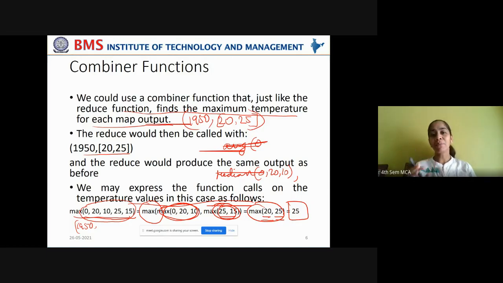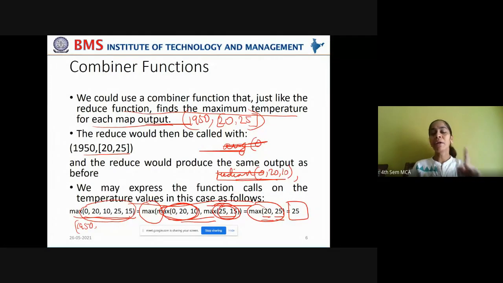You have to decide based on the aggregate function. Here the aggregate function you are using is max, which doesn't impact your final output, though you introduce a combiner function. But when you are using median as your aggregate function, in that case, introducing a combiner function will deviate your final result, will change your final result. In such cases, it is not a good idea to use combiner functions. So based on the aggregate function you are using in your reducer phase, you have to decide whether to use a combiner function or not.